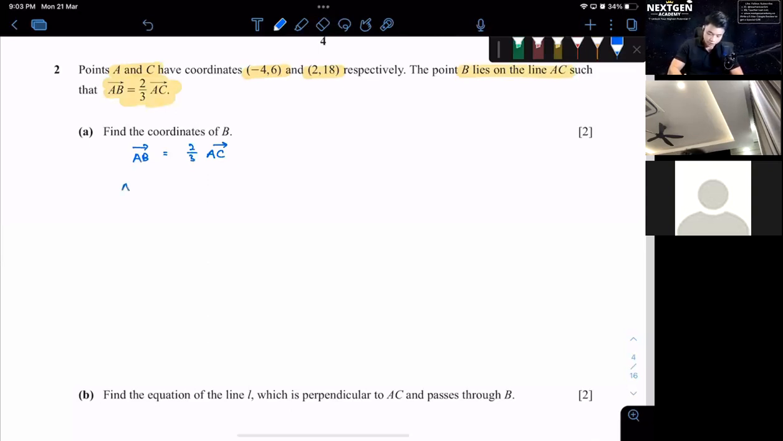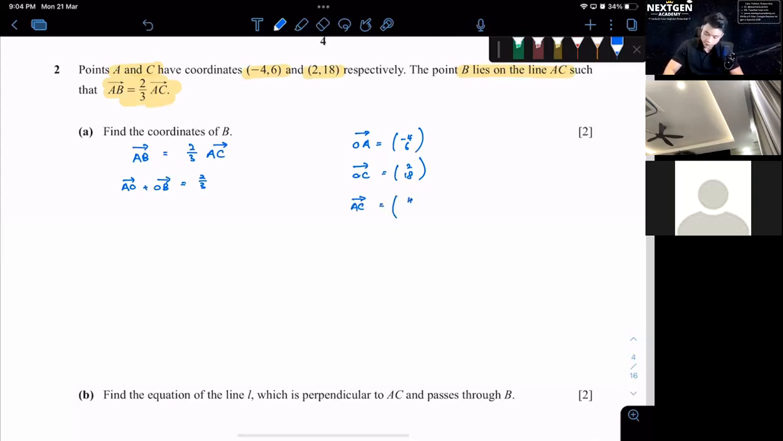So what I can do here, AO plus OB equals 2/3 AC. Do we have AC here? Don't have, but we can find AC first, because they give us point A and point C. So OA is (-4, 6). OC is (2, 18). AC will just be